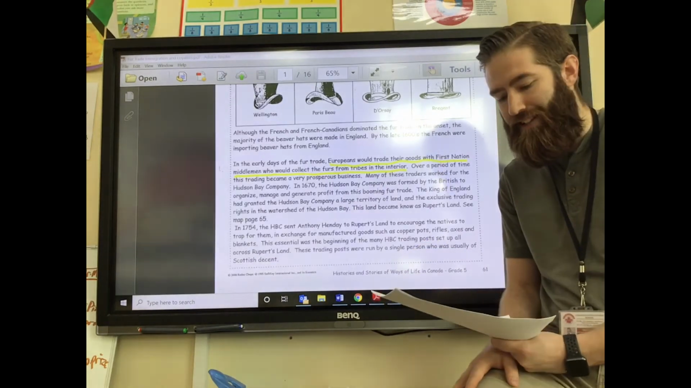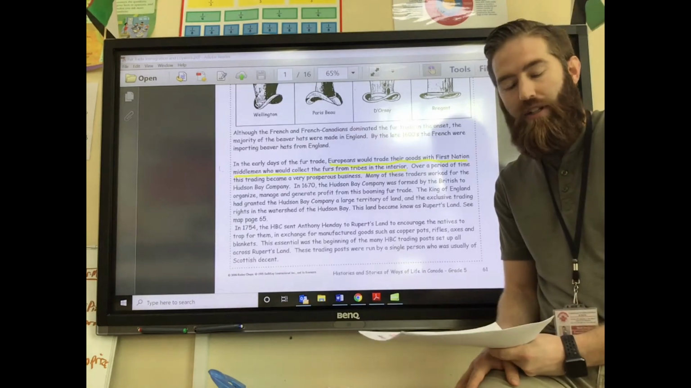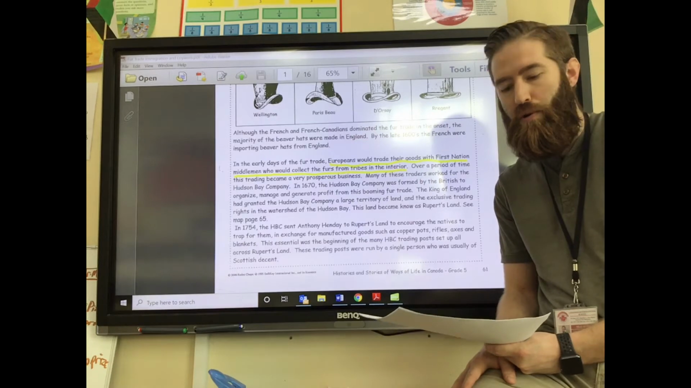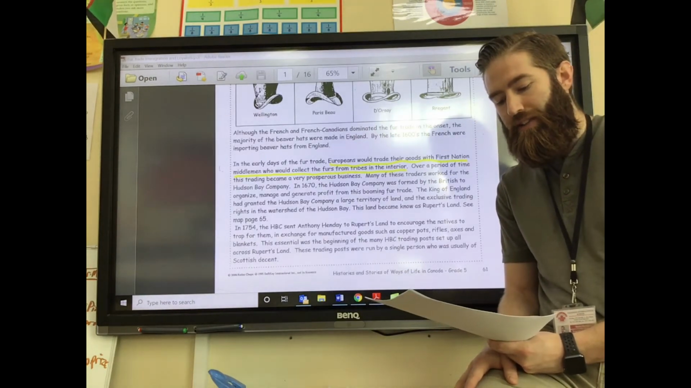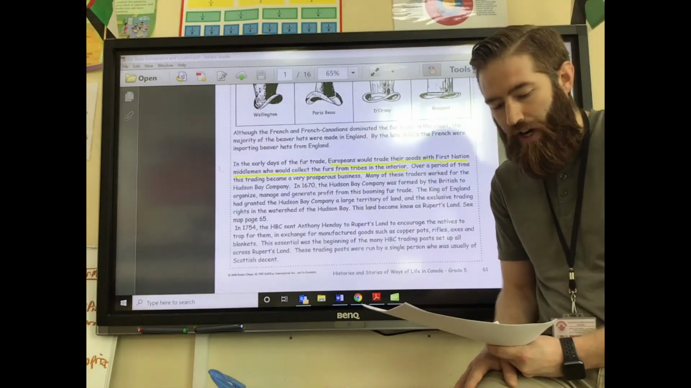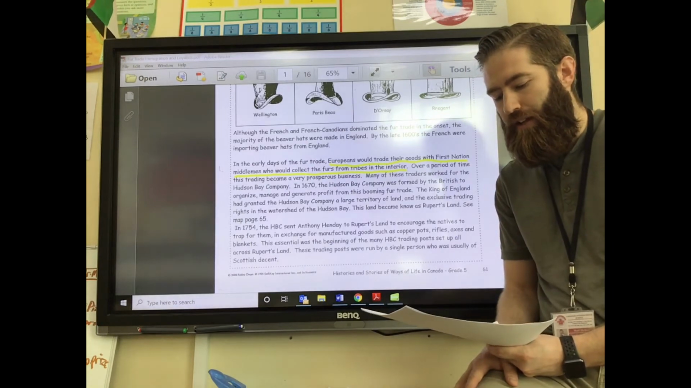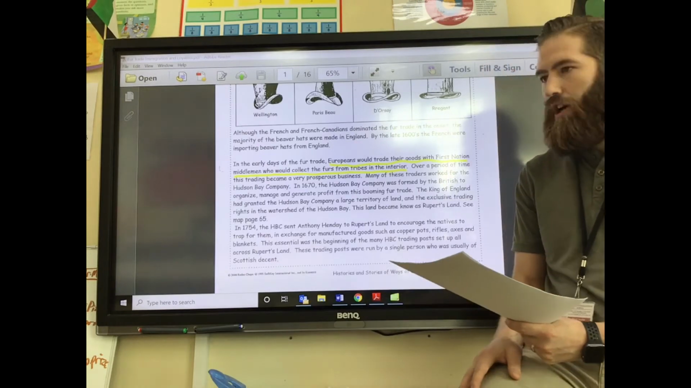In 1670, the Hudson Bay Company was formed by the British to organize, manage, and generate profit from this booming fur trade. The King of England had granted the Hudson Bay Company a large territory of land and the exclusive trading rights in the watershed of the Hudson Bay. This land became known as Rupert's Land. So, all around the Hudson Bay,